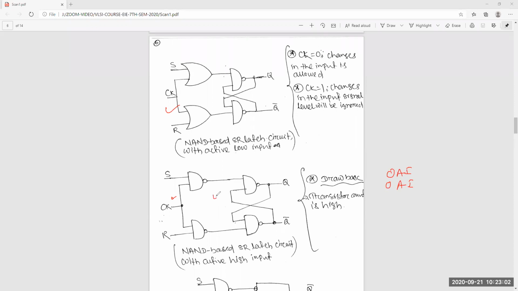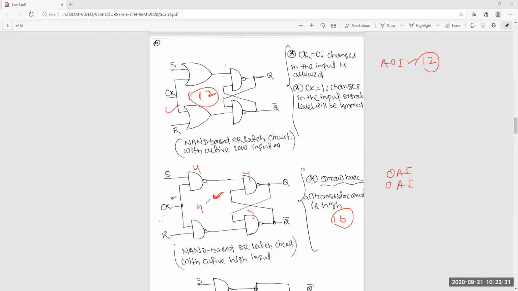How many transistors will you use here? 12 transistors. In the previous case, that is NAND, meaning AND-invert, that is also 12 transistors. But here, how many transistors? 16 transistors.